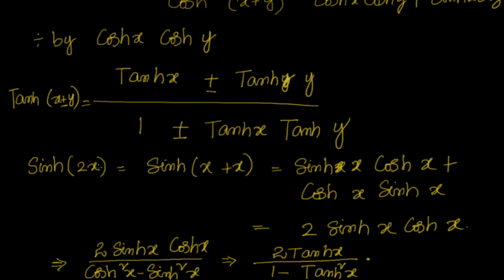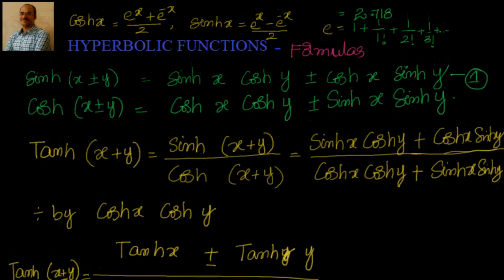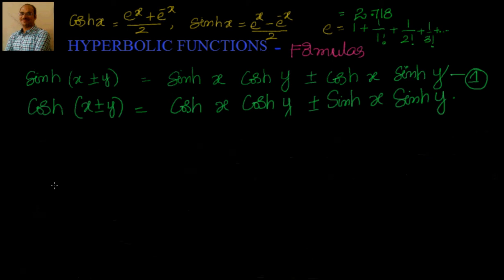Now see, this is simply like tan 2x in trigonometry, but it is tanh 2x in hyperbolic functions. So in this way you can try sinh of 2x, cosh of 2x, tanh of 2x, everything you can do. We will complete that also. We'll take 5 more minutes. Yeah, just give me 2 minutes. I'll erase this and I'll get back to you.